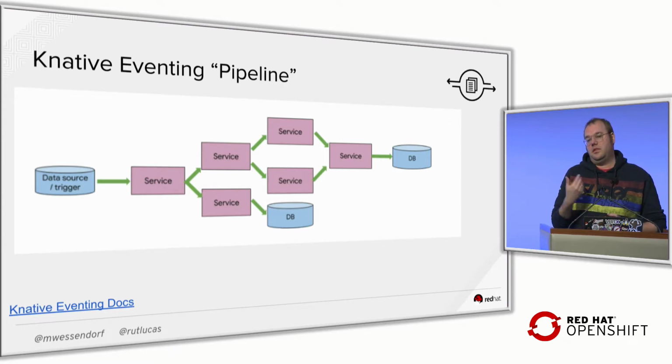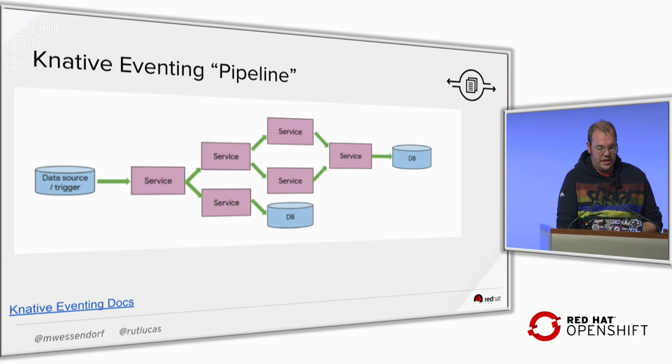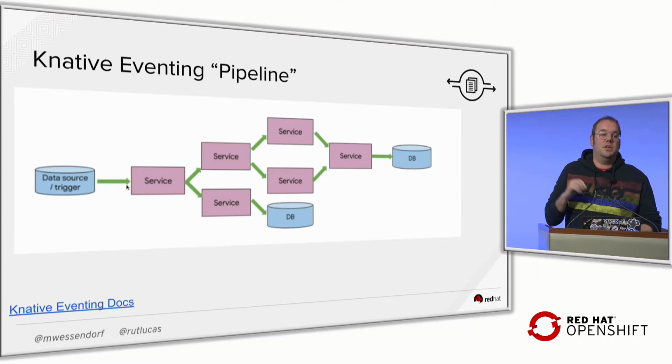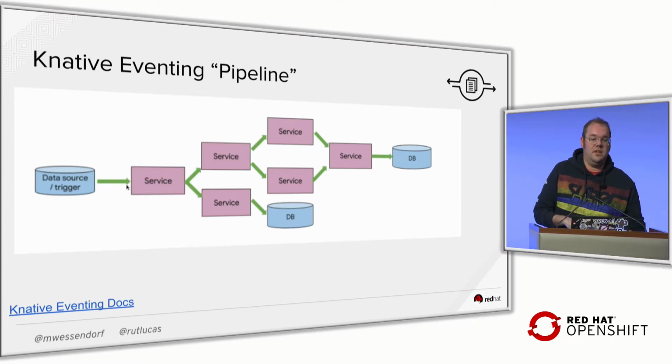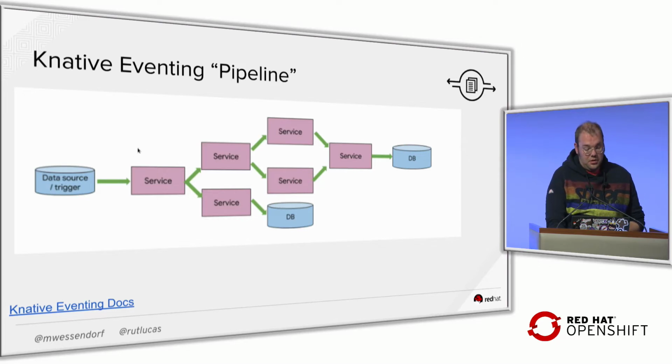And the image basically reads every message from Kafka and is then transforming them into cloud events and is sending them to a construct in Knative that's called a channel, which represents the green lines here. And then once you subscribe a service, which is a Knative serving, so at the end of the day, that is an HTTP server application, to the particular channel, then there is a Kubernetes controller running inside of Knative eventing that is reading all of the messages from your channel and is sending that to the particular HTTP application that we have there. So now you can use this mechanism to build some fancy pipelines.